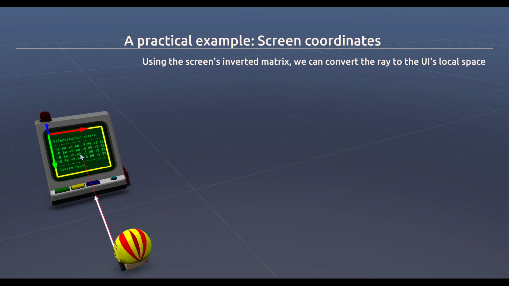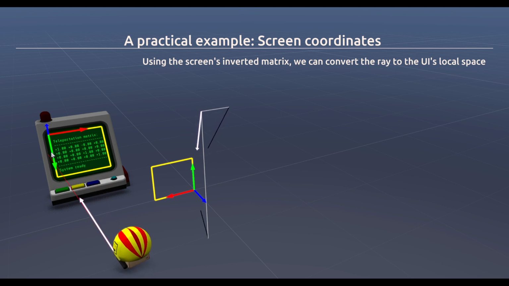Now, we can use the screen's inverted matrix and convert the ray into the UI's local space. And then it looks like this. So you see there's still the white ray of Mr. Boxy, and I'm projecting the ray now to this plane and to this plane, so you get an idea where we are pointing to, because if we just move upwards, you see this projection here is moving up and down, and the one at the bottom is moving left to the right